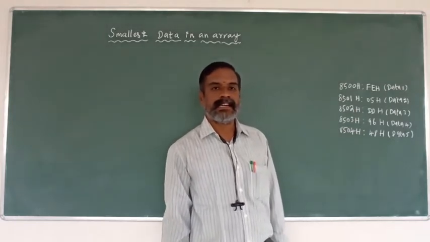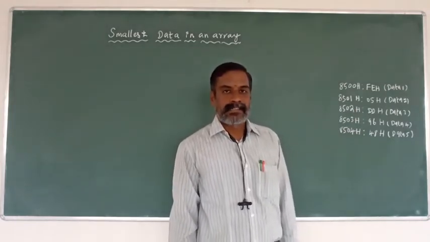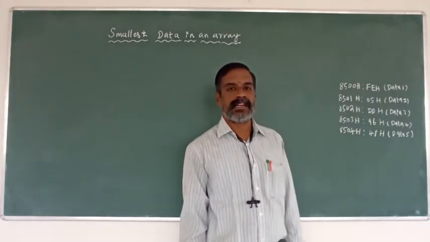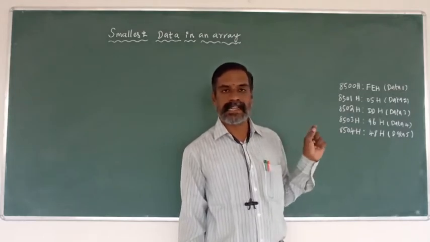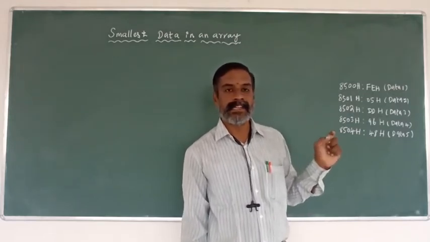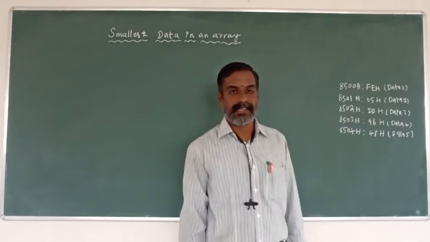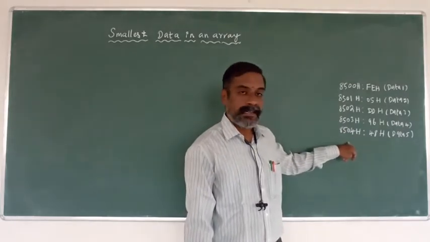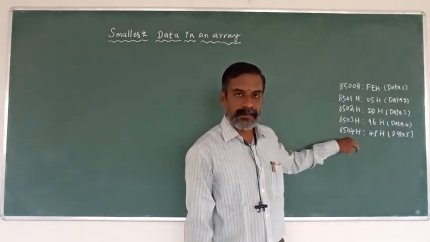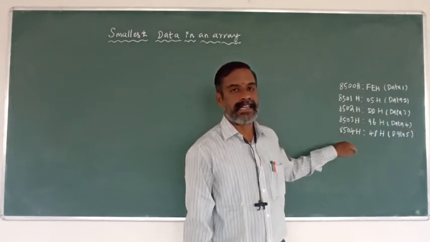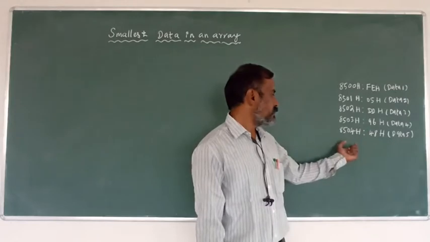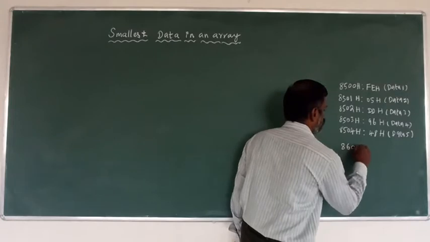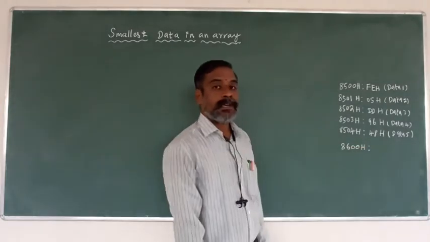We have to set the counter. Okay, now to decrement the counter value till 0. When the counter value is 0, the smallest data is available in the 8-bit internal memory address location. That internal memory address location data, we have to store in the next memory address location as the final data. Or we can use the 8600 address to store the smallest data.